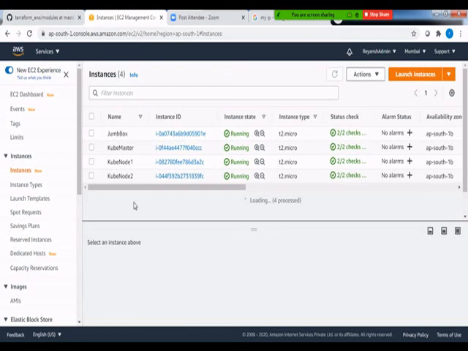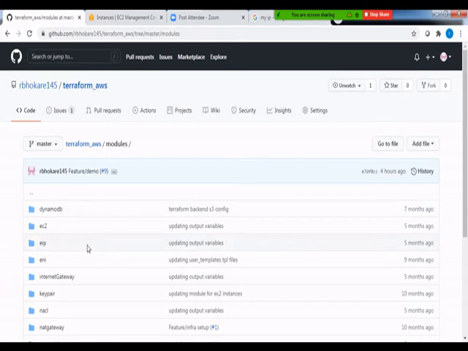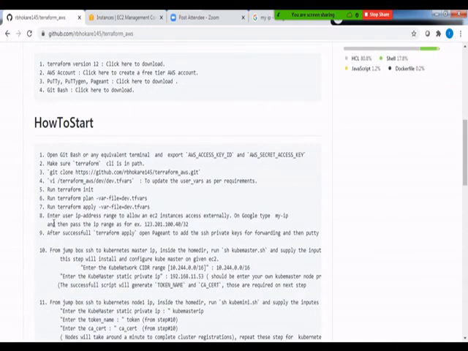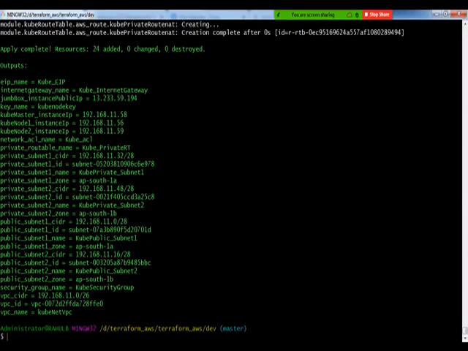And in terms of instances, we created the Jumpbox, which acts as a bastion host, a Kube Master, Kube Node 1, and Kube Node 2. So Kube Master, Kube Node 1, and Kube Node 2 are in a completely private subnet. However, Jumpbox is in the public subnet, right? So we have done up to a step here, I believe. Right, and step number 7, run Terraform apply with the var file, var-file equal to dev.tfvars, right? So that created our infrastructure, and we do have the output results in front of us.